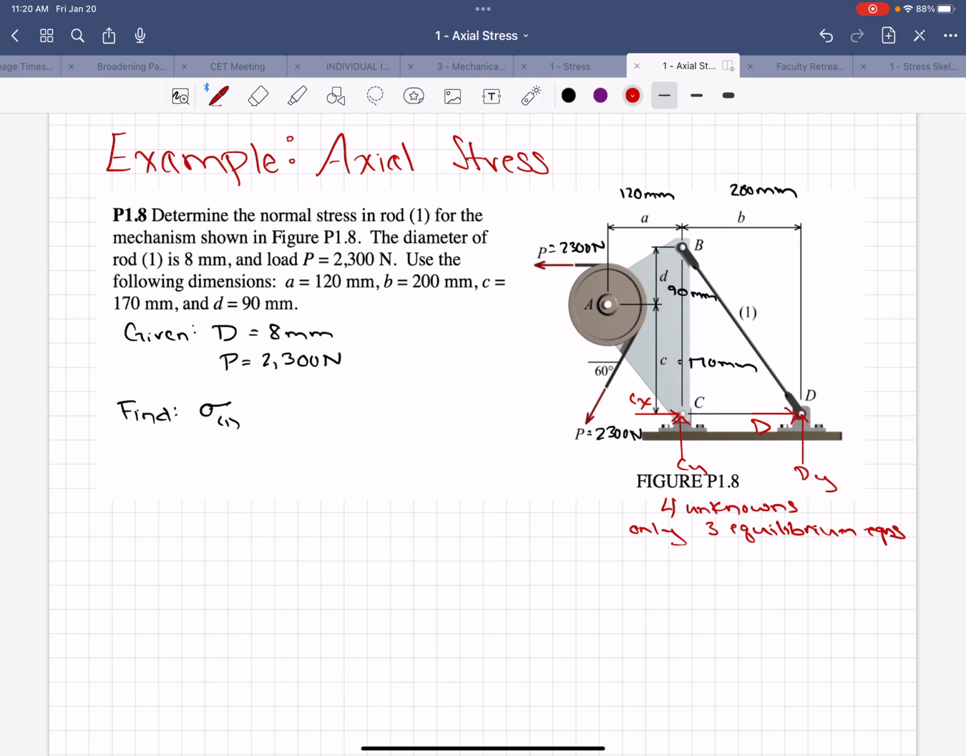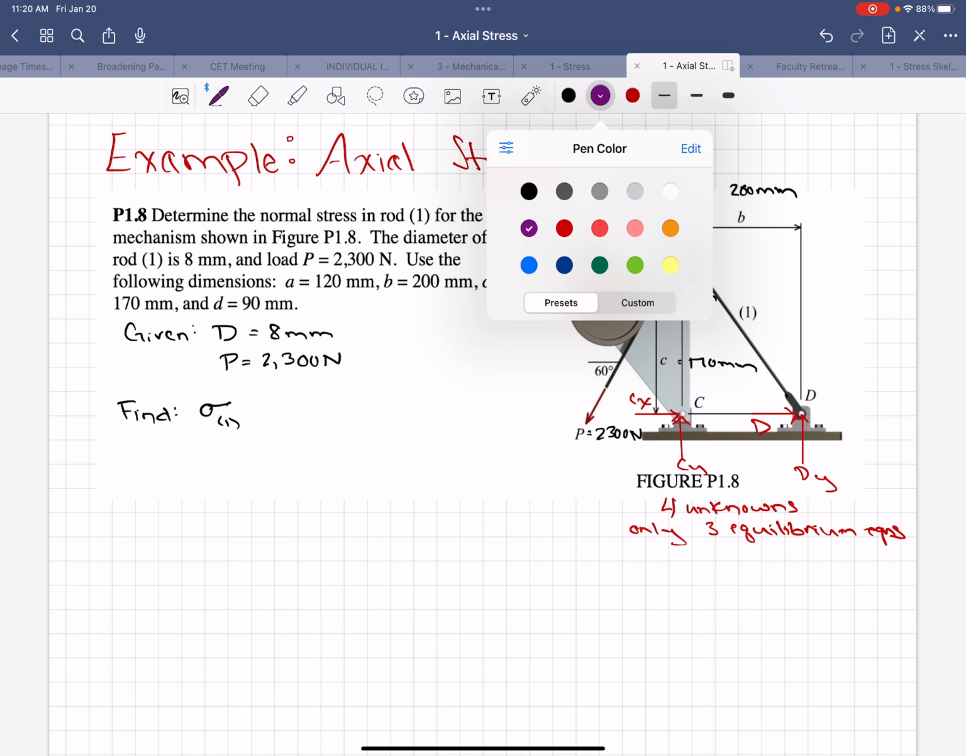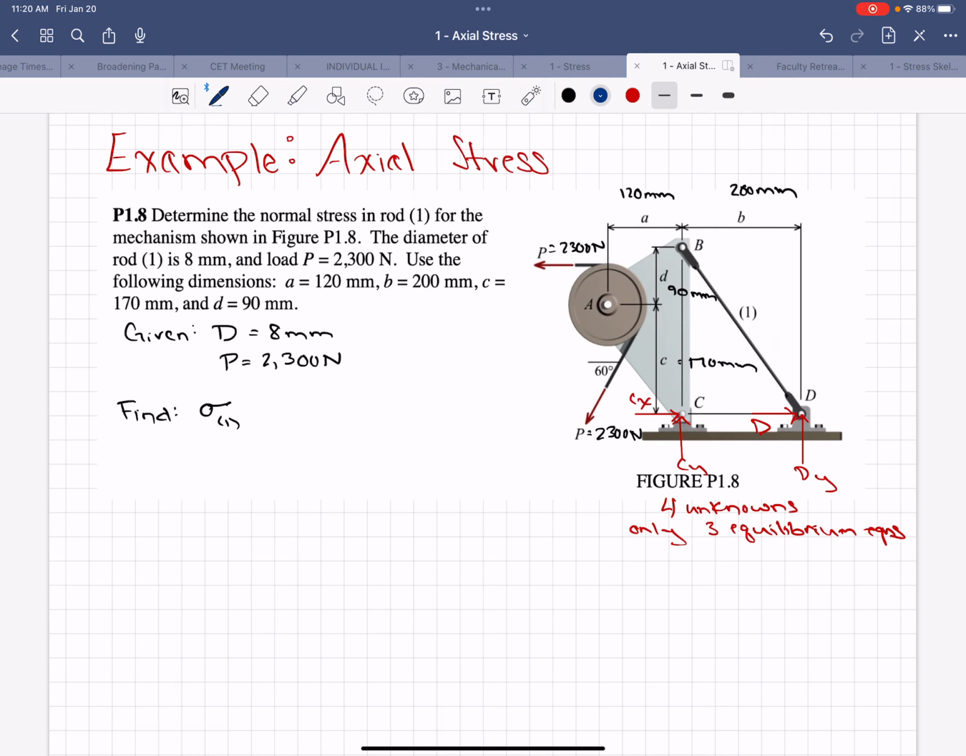So what we're going to do is break this system apart, and we're going to start by looking at just the wheel. The reason why is because at A, there are internal reactions in the X and Y direction holding the wheel onto this triangle. So if we look just at the wheel,